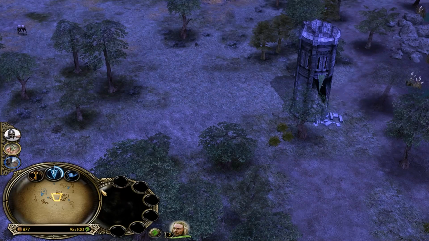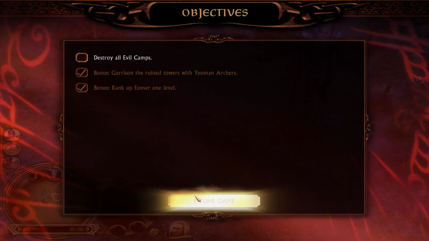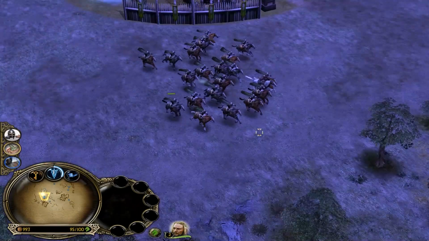Come on, please. Yes, it worked. Okay, it says garrison a ruined tower with yeoman archers. No, you don't have to do that. That is sick as heck. That's a fun little exploit there. Alright, so...